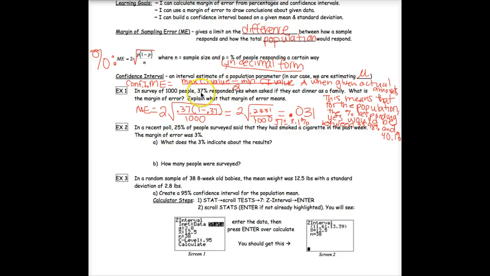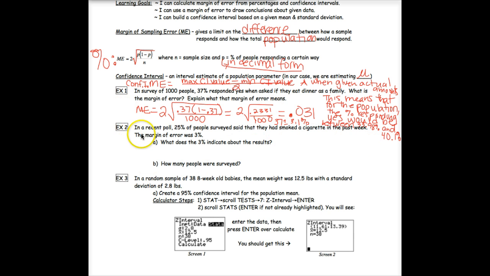The original answer was 37%. So again, this is our margin of error. We're saying within 3.1% of that on either side. So the low, we subtract it, and the high, we add it. So we would expect the percentage responding yes to be between 33.98% and 40.1%. All